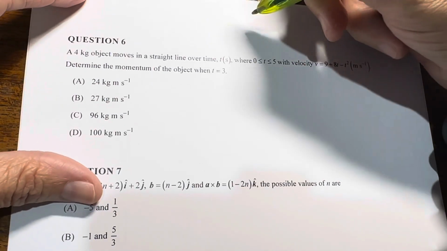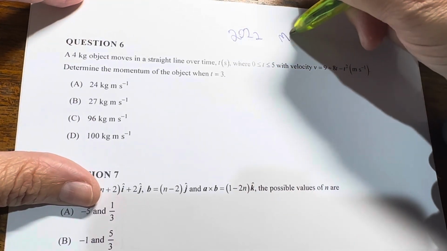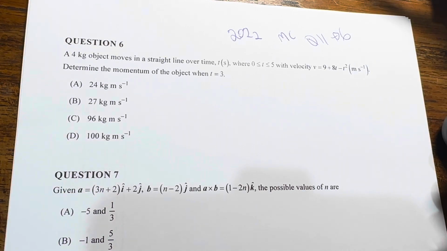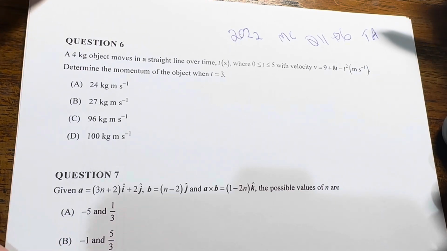Okay, so we're looking at the 2022 multiple choice questions 1 to 6, and we're going through these. This is the tech active, by the way. We're doing tech active. Now, a 4 kilogram object moves in a straight line over time,